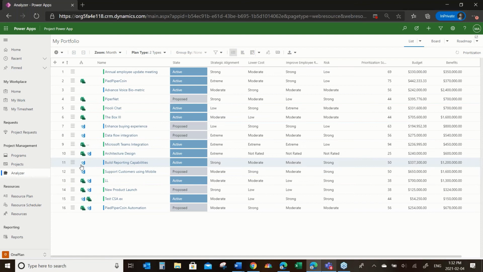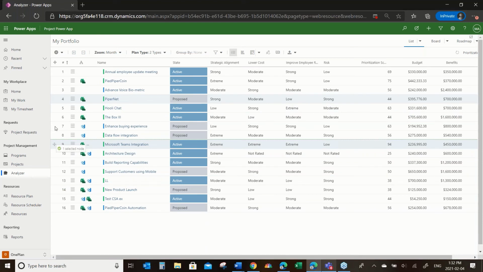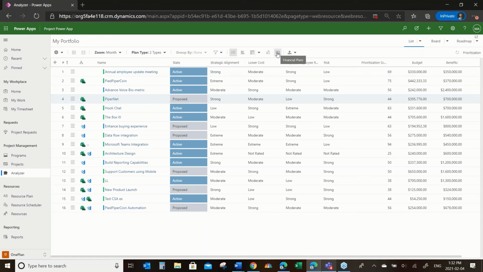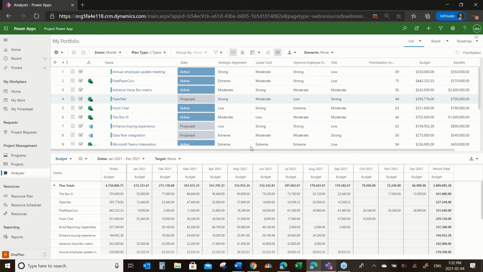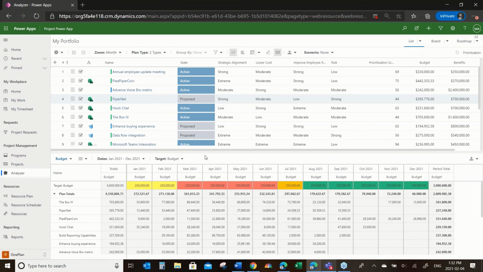We have the ability here to stack rank the project. So I could say, this project isn't as important as we thought, and move it down, okay? Move another project up. Maybe something has to jump forward or jump up the list because of a change in circumstance, so we can quickly drag and drop it. Or I may want to take this to that next level, and Jim showed a screenshot of this. It's the idea that I need to look at this from a budget perspective. And I'm going to say we have a target, so I'm going to pick up my target,